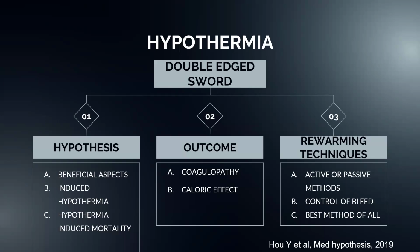Rewarming techniques which are used can be classified as either active or passive. The active methods include the bear hugger, and infusion of warm fluids intravenously. The best method of all will be intra gastric lavage, lavage of the peritoneum, or even ECMO. Among the active or passive methods, conduction and radiation are the best methods of delivering